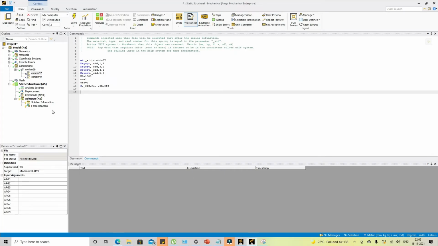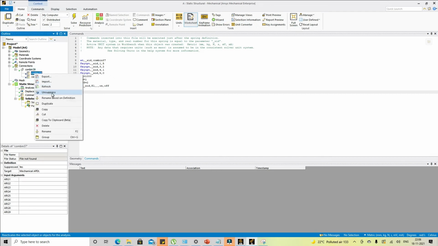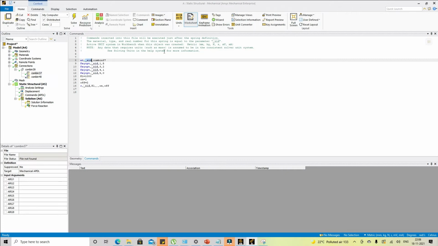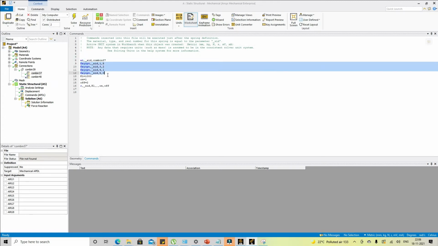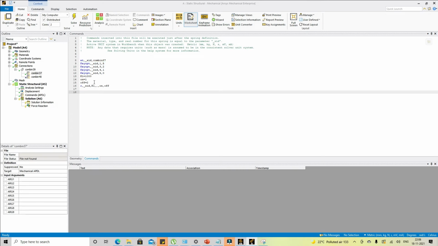So let's go back to the GUI. I had already defined this one. Here you can see I'm using the same type that is available for me, underscore SID. And then I'm playing around with some keyopt options. You can check these keyopt options in the help. Now, what I want to do is activate this spring at the end of load step 1 and again switch it off at the end of load step 2.